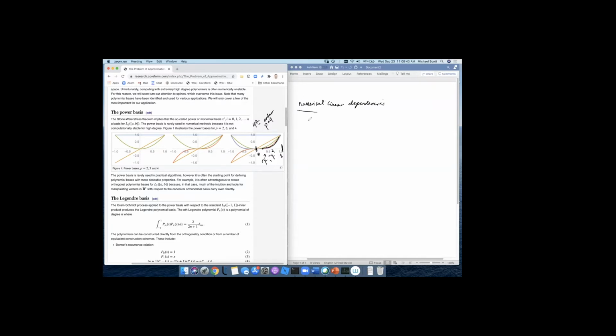You can get so close that up to machine precision you can't distinguish between one basis function and another, or what we call the condition number. I keep saying this term, condition number. I'm going to write up a whole section on condition numbers next week, to give you the scoop on why they're so important. But at a high level, without diving into the details, a condition number measures